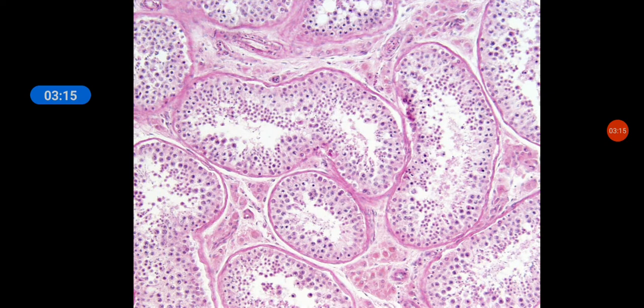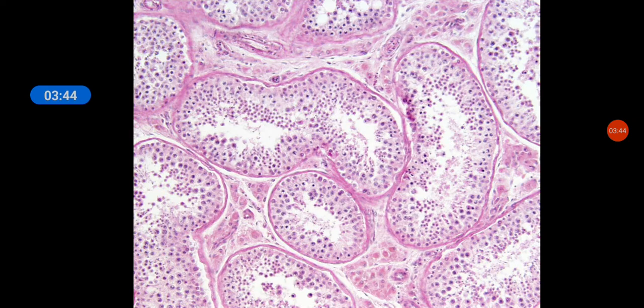What happens here in any form of infarction? What is the type of necrosis you will get? You will get coagulative necrosis. Remember, the ghost outline of the seminiferous tubules will remain. In coagulative necrosis, you know that inside the cells all the structures will get distorted, and only the outer rim or the cytoplasmic rim will remain.